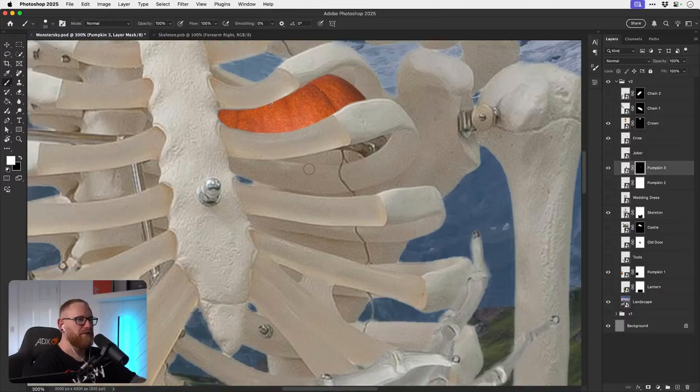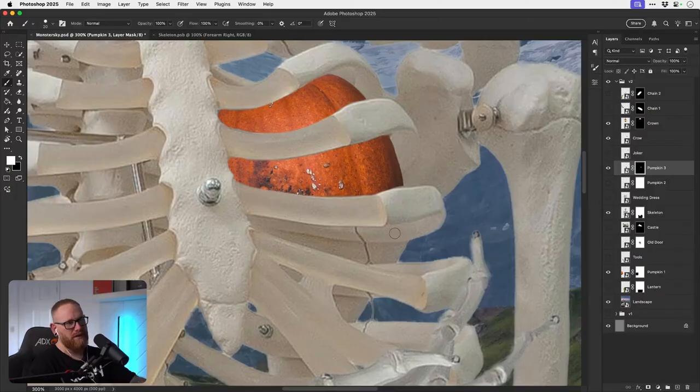That's the stem bit. We're just going to get this in nice and rough. There we go. Nice. A bit more here. Whoop.